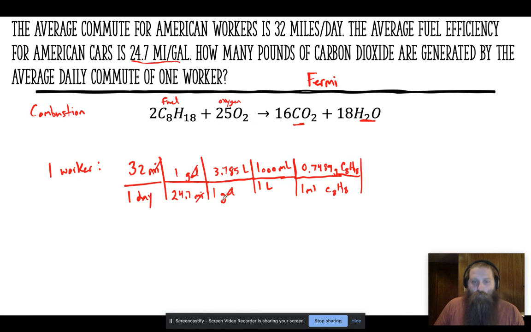Got rid of gallons, converted it to liters, got rid of liters, converted it to milliliters, and used milliliters to get to grams, right? This is density, which we've talked about extensively this year. Now I have grams. Now I can do something with this, right? So there are, and again, I worked this out beforehand,